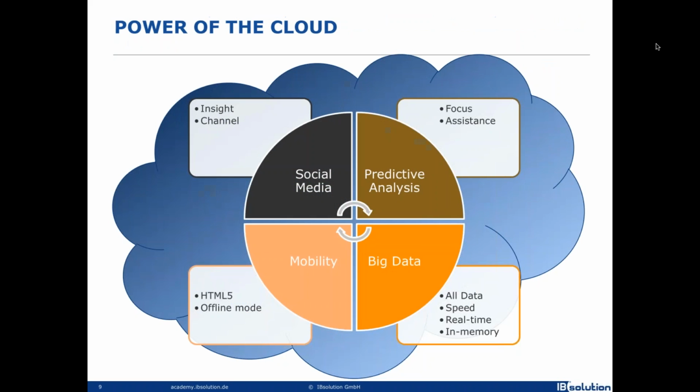So going to the cloud allows SAP to have access to all these new channels for communication with the social media, but not only social media, allows them to have and to realize predictive analysis, which is very important to stay up to date with all the things which are important for our company. Big data, it's very important for the companies right now, and of course, last but not least, mobility. Everyone wants to be connected to no matter which device or what area or what functionality they use.